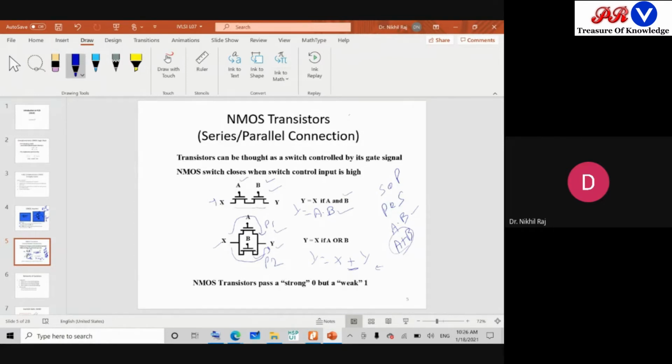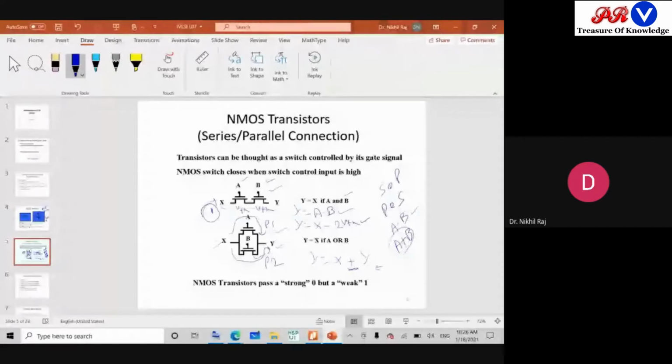Since there was a VTH drop through one transistor, if I want to transfer logic 1 from X to Y, we will see one VTH drop at this place and one VTH drop at this place. So Y will be equal to X minus 2 VTH drop. This means at the output we will not get a full swing. We will not get exactly what the input is, rather we'll get some degraded input. That's why this type of logic is not preferred wherever we require a full swing, a full output.